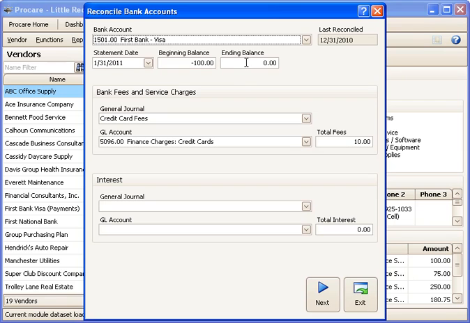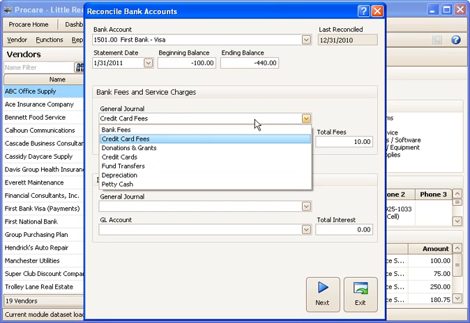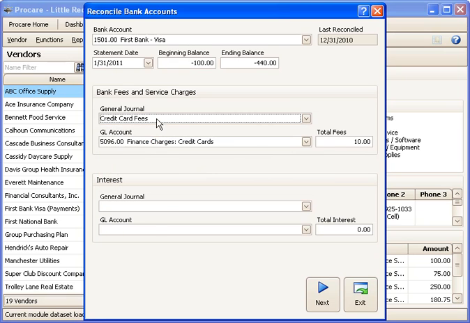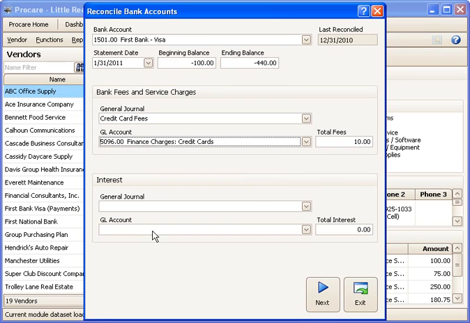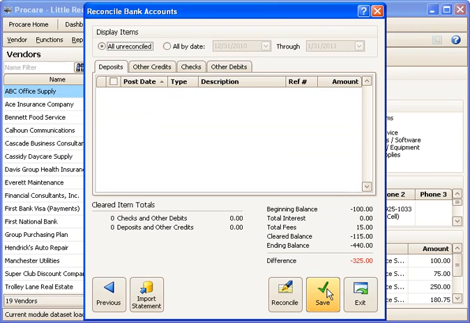I'm looking at my statement, and I'll just plug in the ending balance that appears on my statement. So my ending balance happens to be minus $440 on that particular statement. And then I'll choose a journal to record any fees from that credit card. I've got a credit card fee journal, and I'm picking an account number for finance charges. And let's say that it was $15 in interest and fees on this particular statement. I click Next,